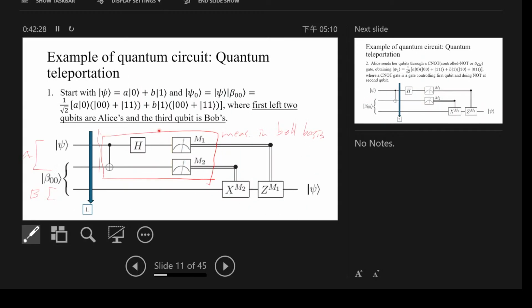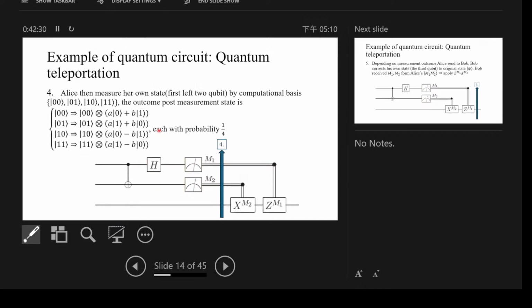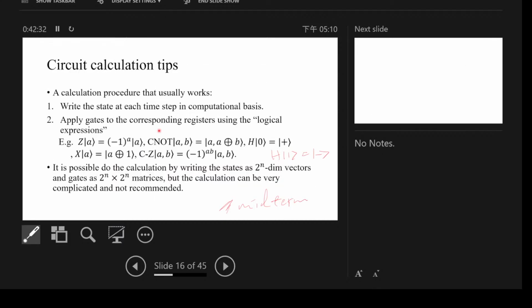And the easy way to do this calculation is the way we have been doing. We can just set the starting state in the computational basis, or we can just write the state at each time step in the computational basis. And then we can just apply the gate